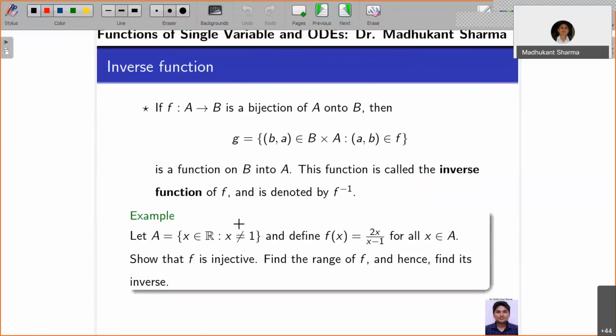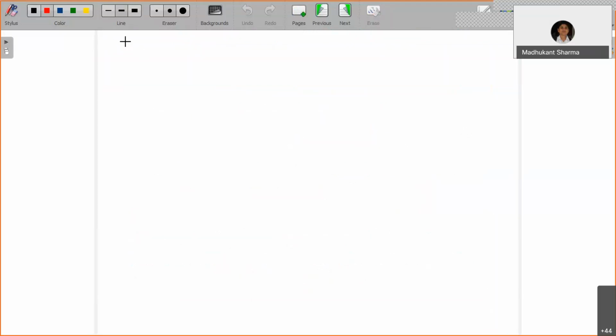So now let's work with the same example. We have already shown that it is injective. We have also found the range of f. So we are now in the position of writing its inverse. If you go back and check again, you have domain of f is A, which is R minus {1}, and range of f is